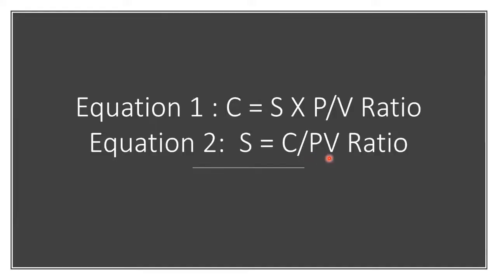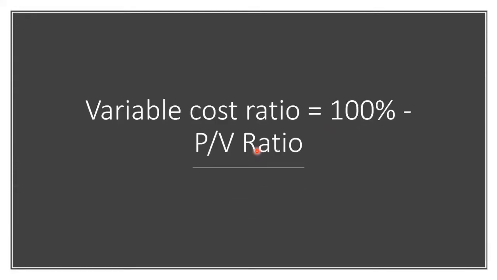Profit volume ratio is given. Divide contribution by profit volume ratio, you will get sales. Variable cost ratio is an important element as well. Like contribution to sales ratio, variable cost ratio is simply total variable cost